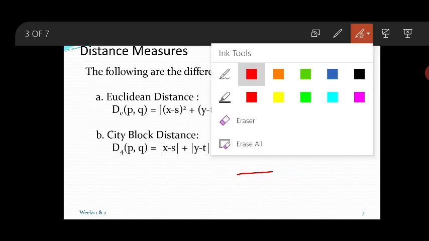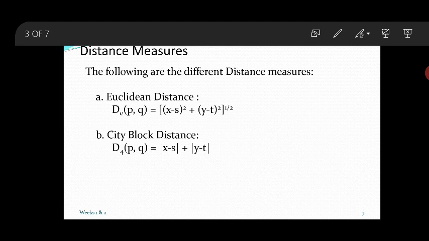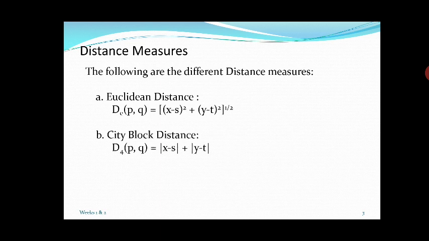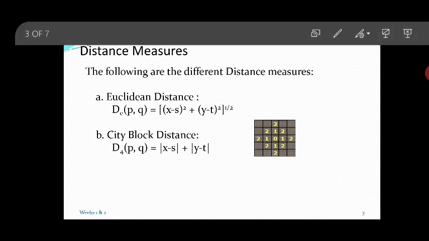Now let us come to the city block distance. In the city block, it is a D4 direction, means you can't move in a diagonal fashion. The distance is between its adjacent pixels either horizontally or vertically. Look at this. Now it is a 5 by 5 matrix. I hope you can see there is a center pixel. The distance between itself will be 0.